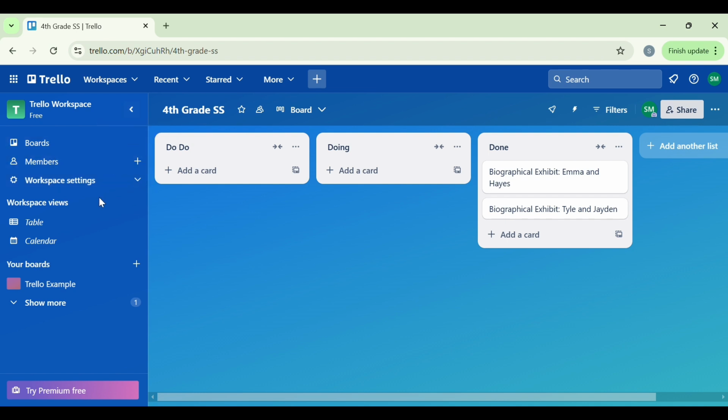It's free, most of it is free. There are some benefits that come with more pricier options,